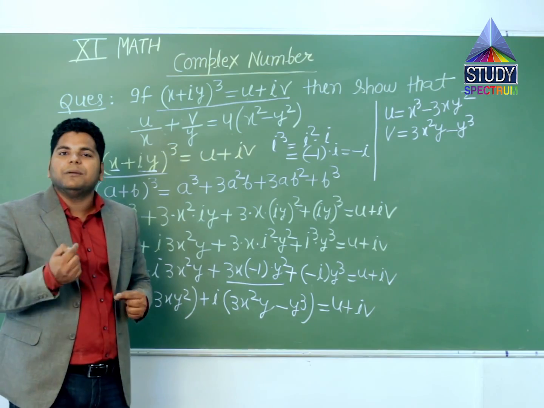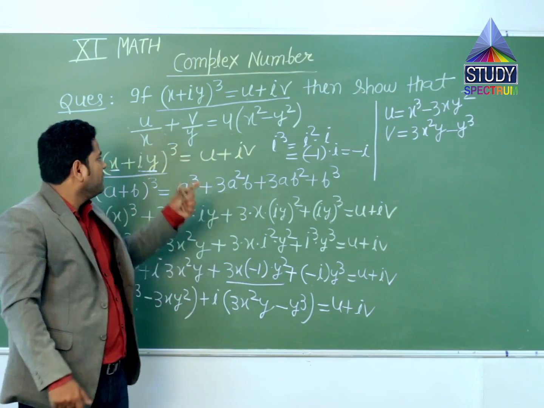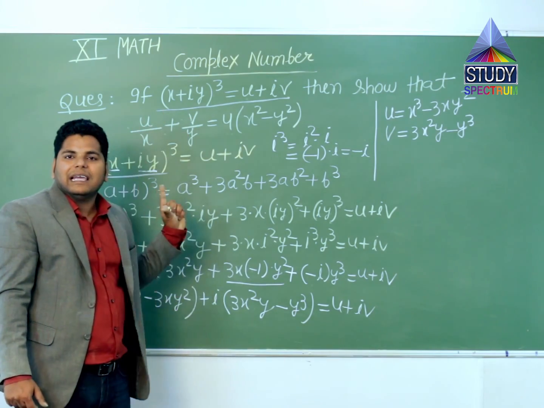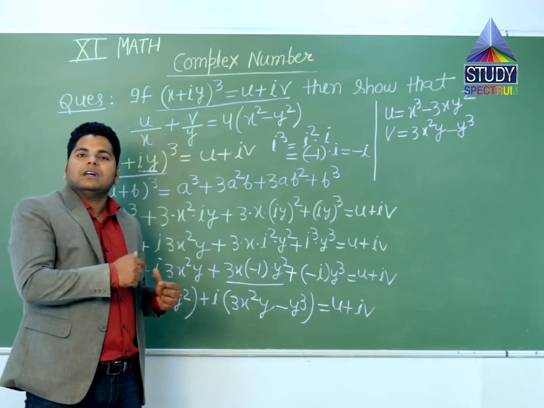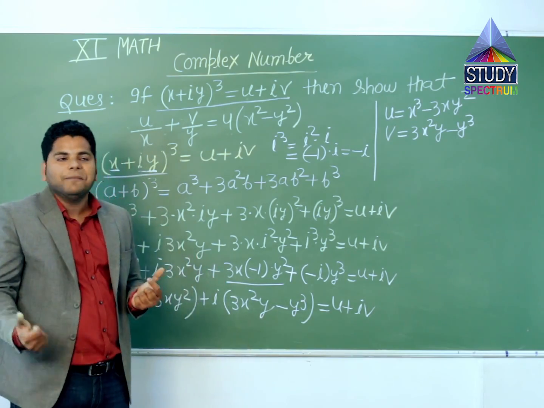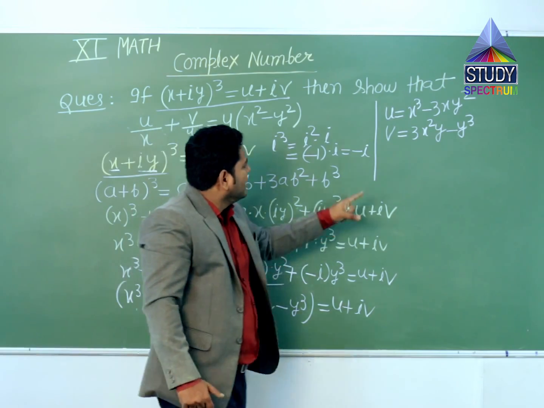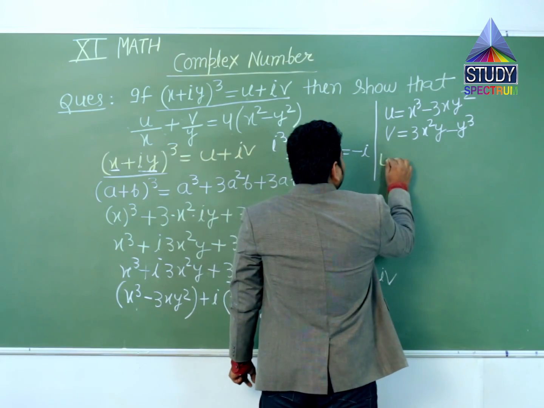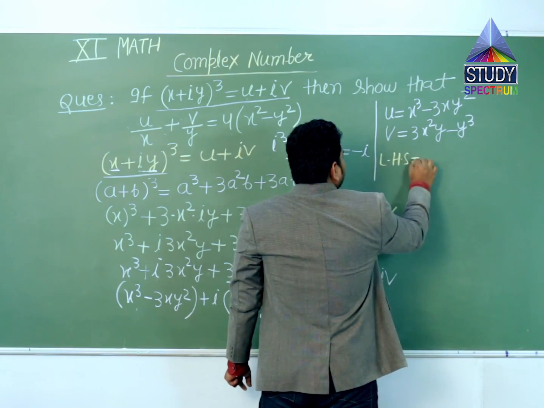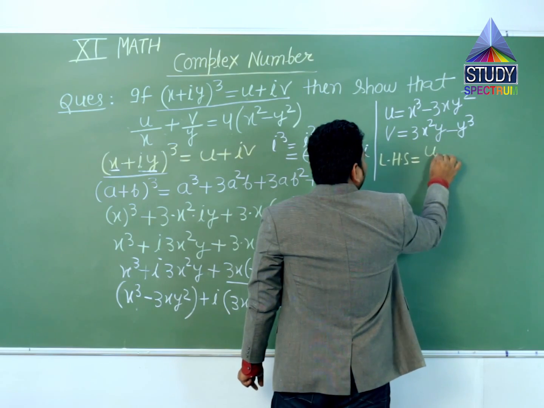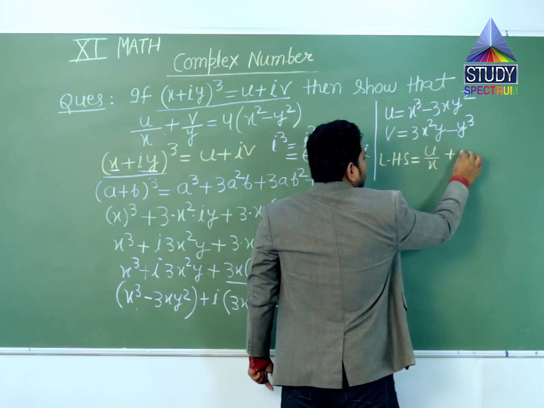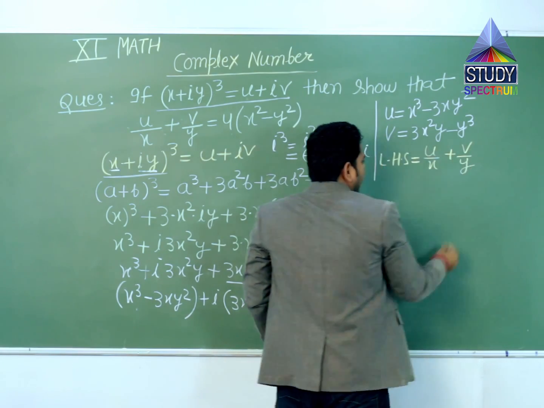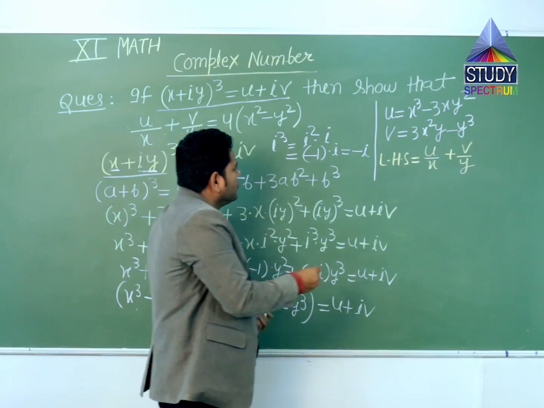It means we have to eliminate u and v. Okay, we have to eliminate u and v from LHS and convert this in terms of x and y, so we just find u and v in terms of x and y. So let's begin with LHS. It is u by x plus v by y. Okay, so u is